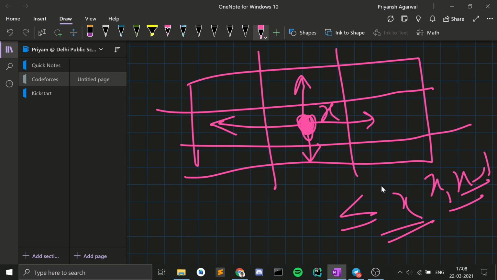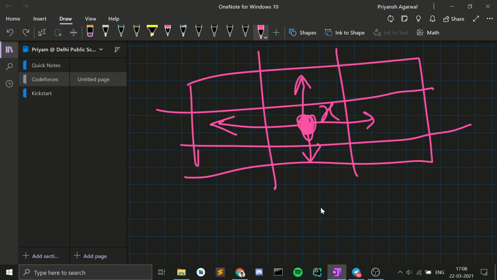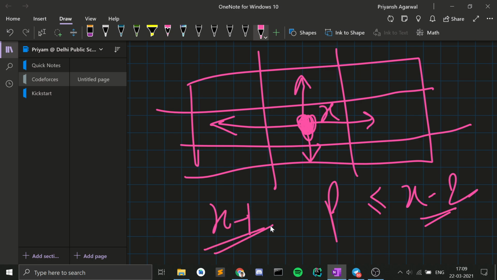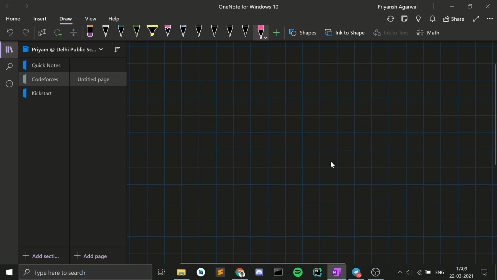But let's say that value is p, and p is less than or equal to x minus 2. Then you know that we are not incrementing x here, so this cell will definitely always have a value of x. So the neighboring cells must have a value of at least x minus 1, right? So if this was p, you will have to increase it to x minus 1. And in doing that, the number of operations you will be performing is x minus 1 minus p operations.